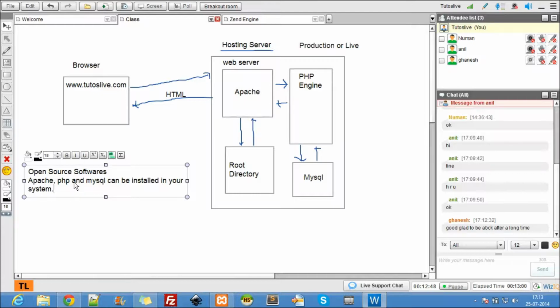Okay, so all these can be installed in your computer too. I call this a development or local setup. So if somebody really likes to work only on local systems, and then when they are ready, they push to the server. I'll show you guys how to push to the server too.